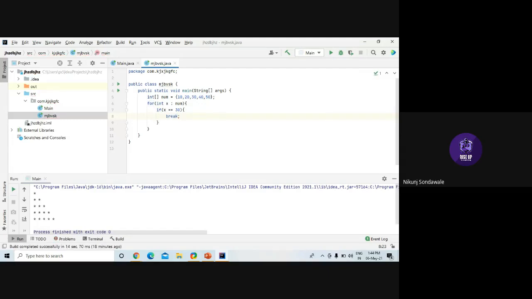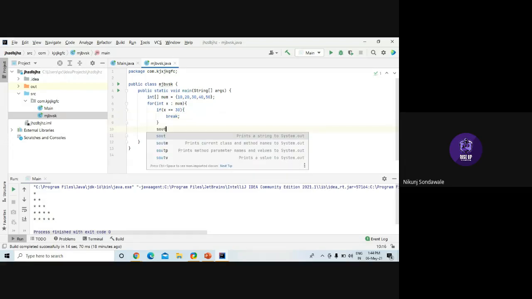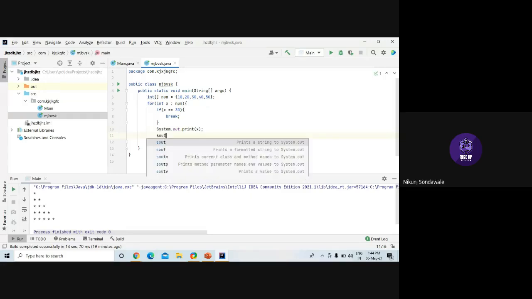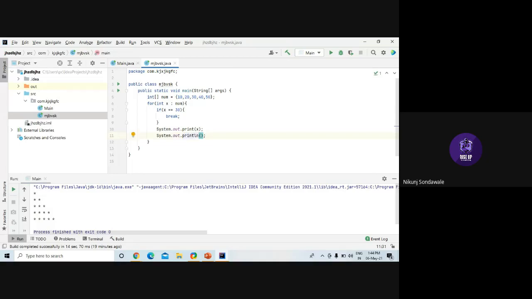After that, I'm using a print statement to print x. After that, I'll take one new line. So this is my whole program.